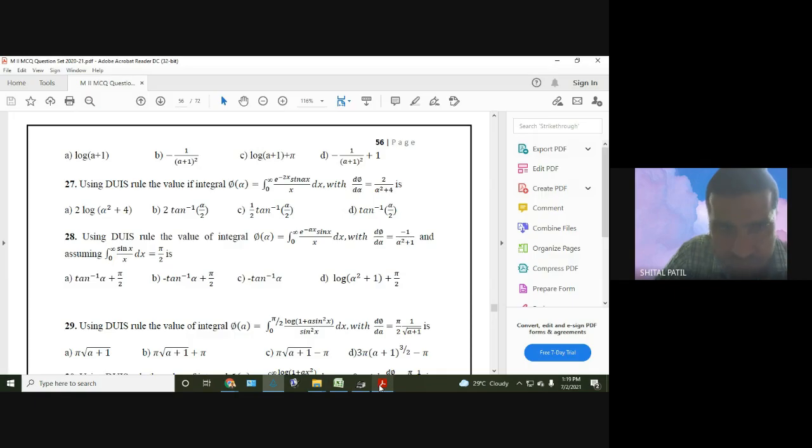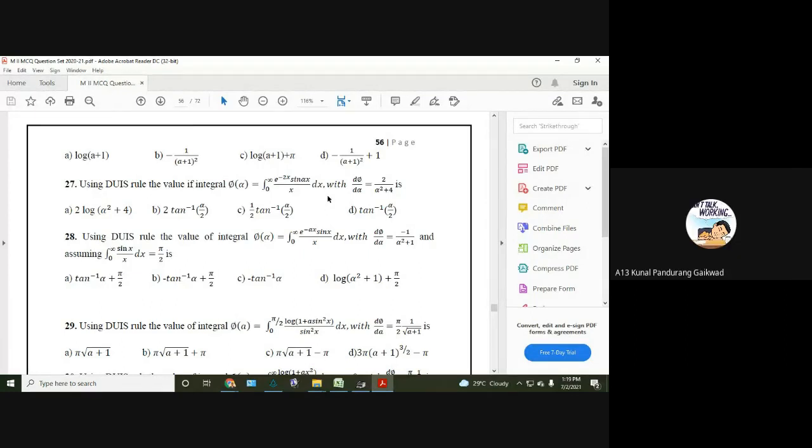So see the equation number 1, here it is, that is the given integral, question number 27. Phi of alpha equal to integration from 0 to infinity e raised to minus 2x sine of alpha x divided by x. So what should be the value of alpha so that this integral will become 0 or will be simplified? Alpha equal to 0, sine of 0 equal to 0, and the whole integral will become 0. So substitute alpha equal to 0, and that is decided from equation number 1.